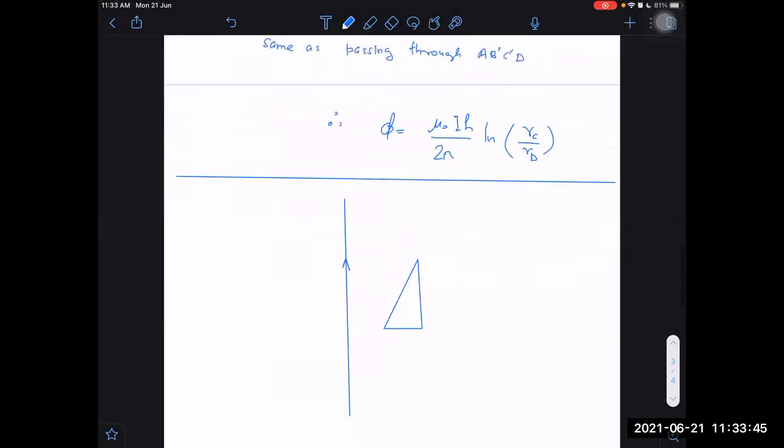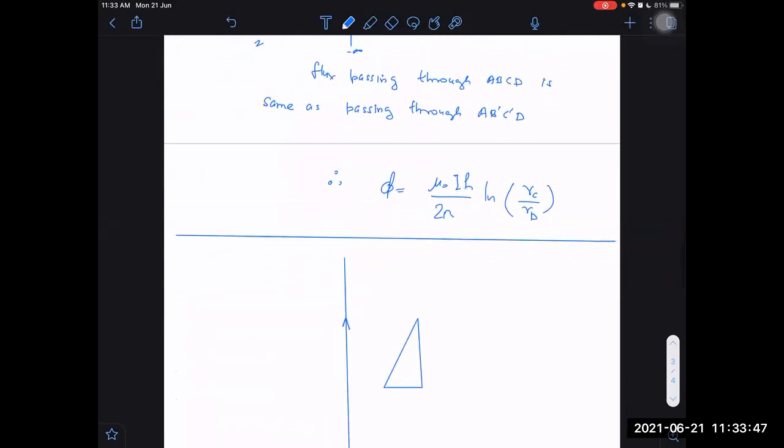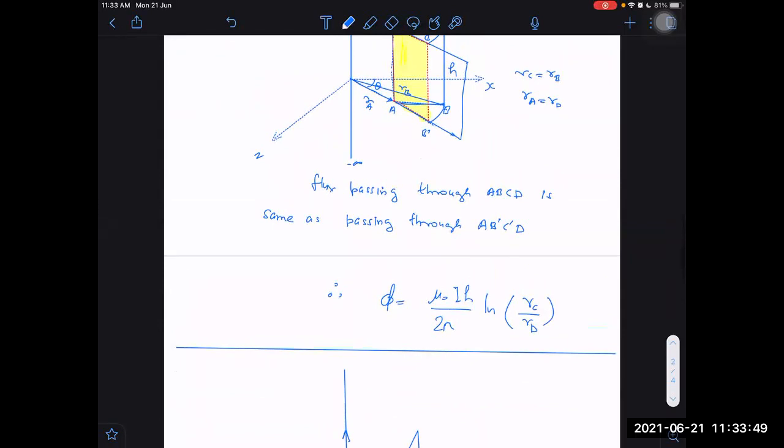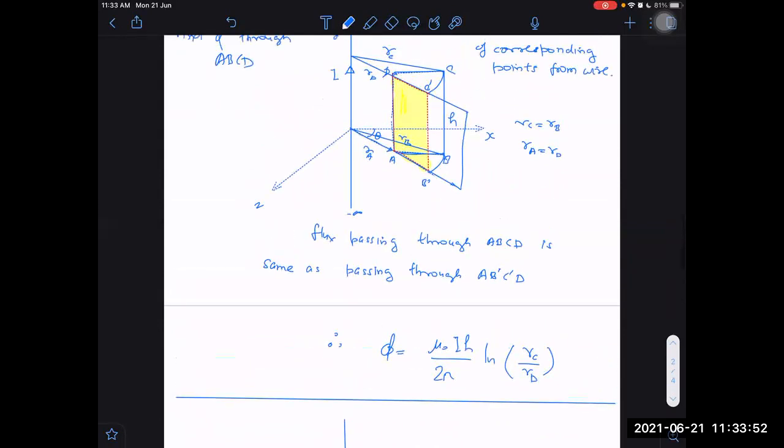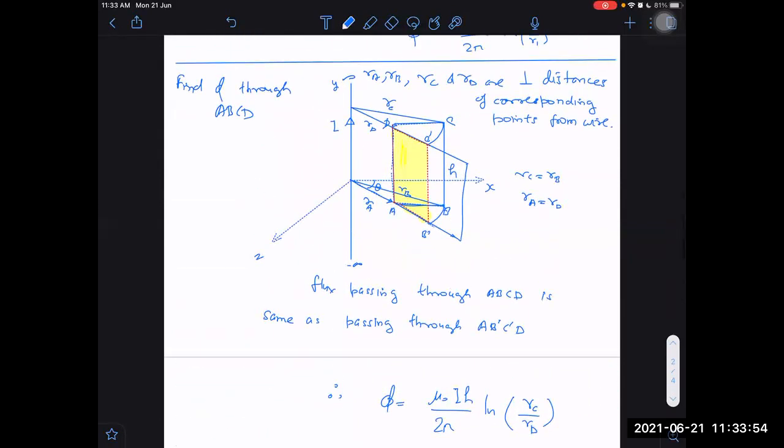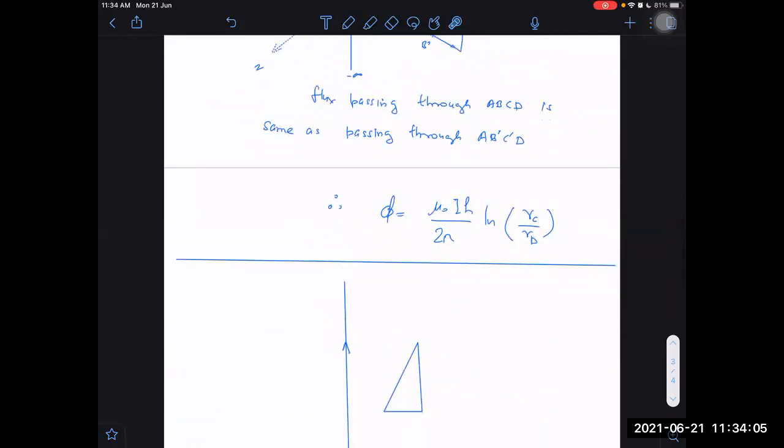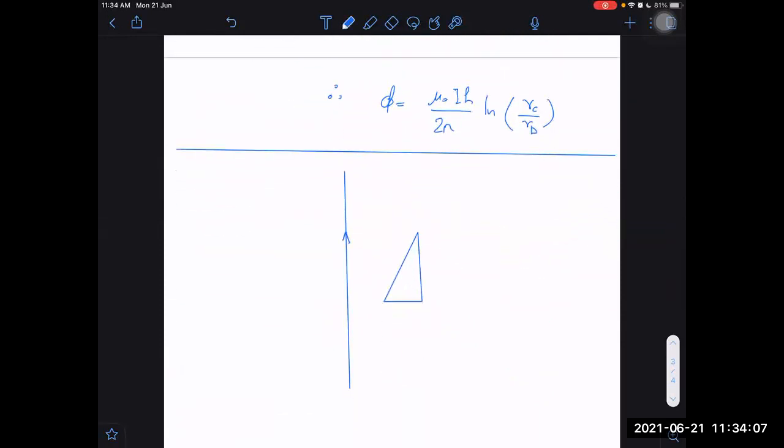The length and all. And also, if the triangle is not in the same plane, what would you be doing? Then it will be very tough, I think. Why would it be tough? Mainly because even the projection of this hypotenuse will be, I think, curvilinear. If we take its projection along this, that will become curvilinear. So here, for the case of the triangle, at least, I'm not assuming the triangle to be out of the plane. I'm assuming the triangle to be lying in the same plane as that of this wire. Then only it will be easy.